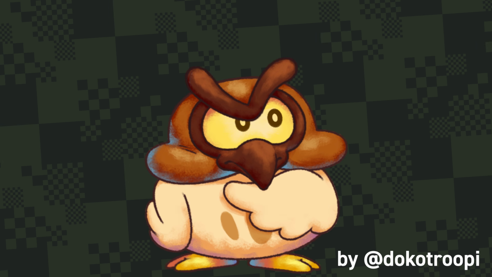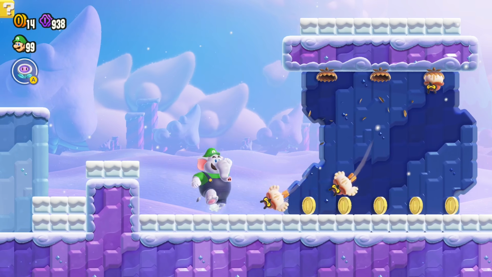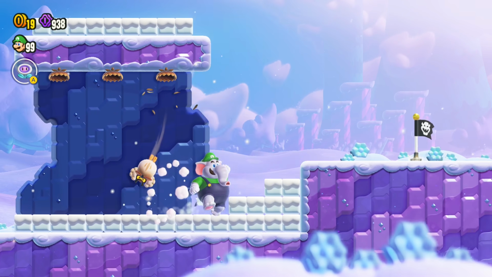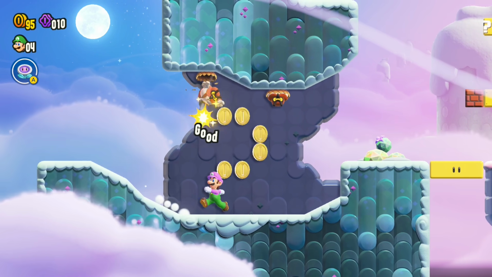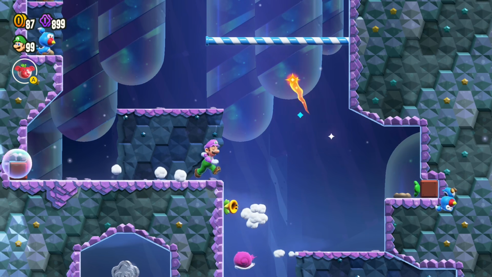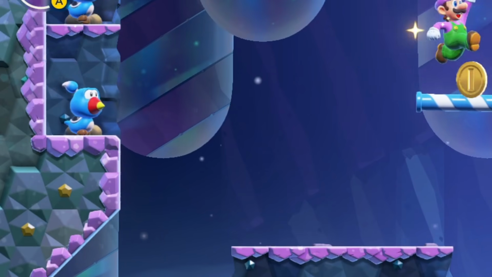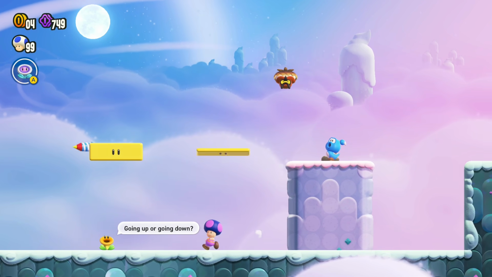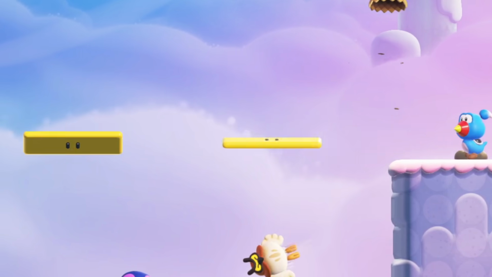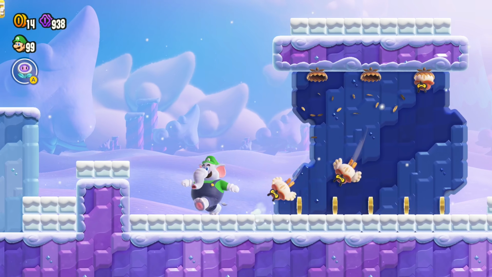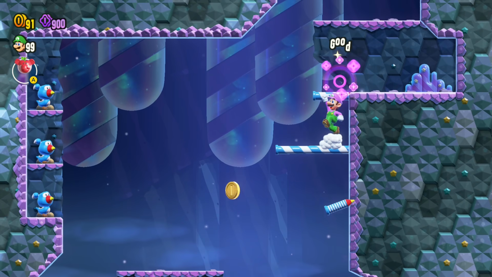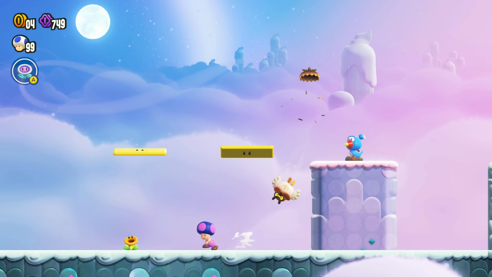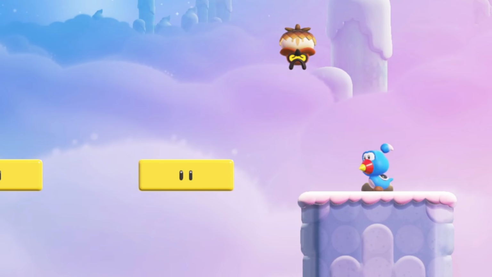If you hadn't noticed already, my new channel art is actually based on the owl enemies that only appear in a single level in the original game, so I really wanted to use them in my own level. Another underused bird enemy that I decided to use was these bluebirds. I felt like they fit the level's theming and also discovered how they worked pretty well with these flip blocks. I specifically chose these mechanics because I thought they were pretty simple to work with, which would make the level creation process less tedious.